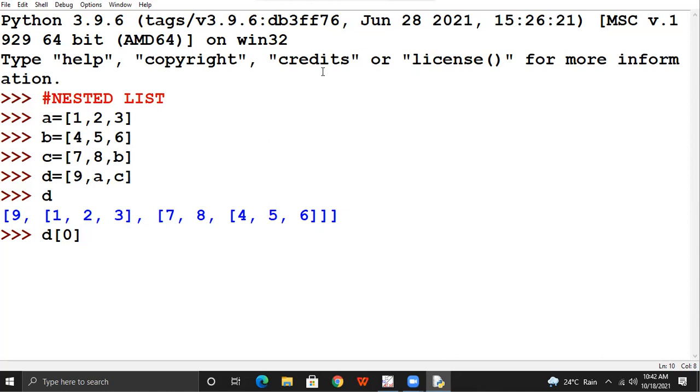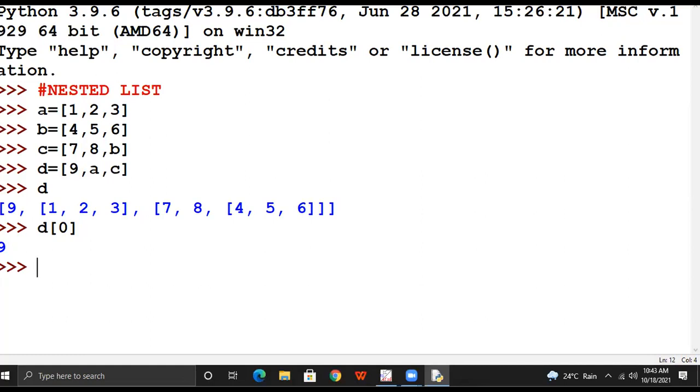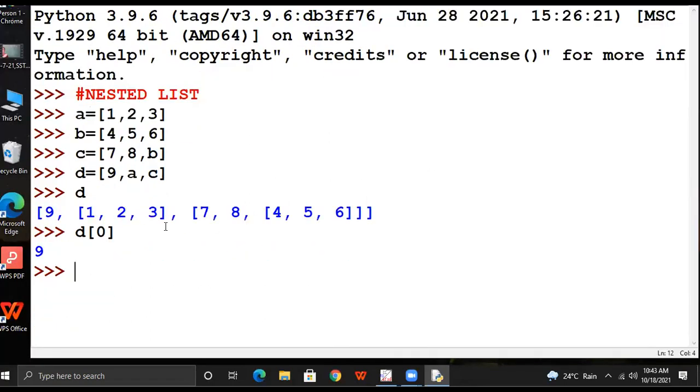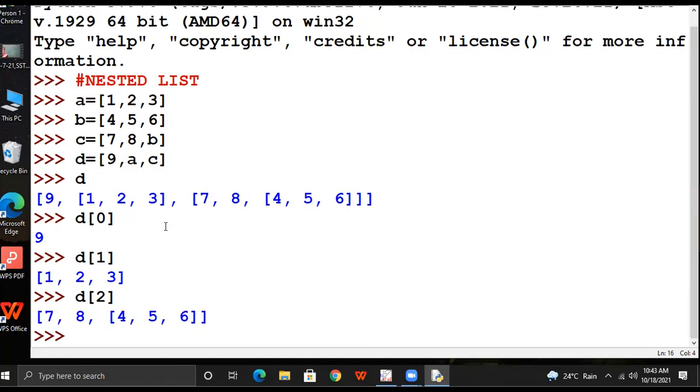Further, there is subdivision. D of 0 is 9. D of 1 is 1, 2, 3. D of 2 is 7, 8, 4, 5, 6.